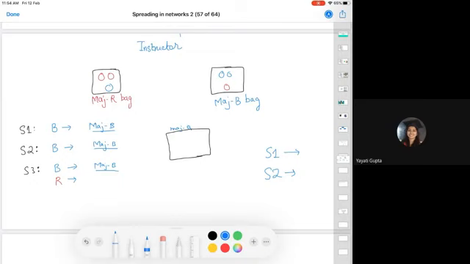So here student 3 is going to see this experiment as if you have drawn a ball from this bag 3 times. First time you saw a blue ball, second time you saw a blue ball, and third time you saw a red ball. So again the probability is higher that it's a majority blue bag for student 3. So even if student 3 sees a red ball, he is going to say that it is a majority blue bag. So that's how herding behavior happens.